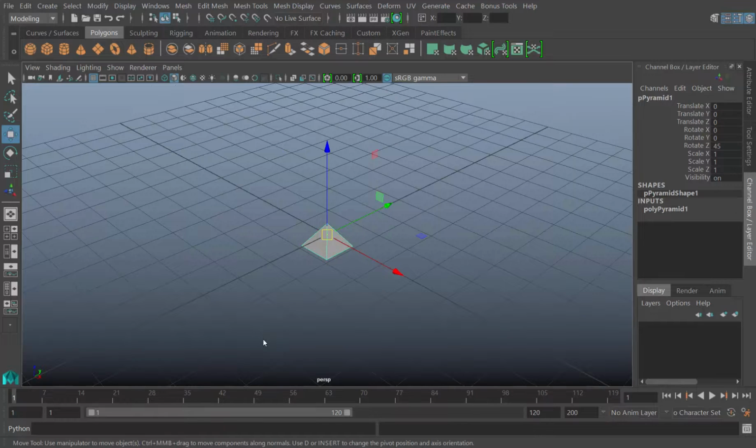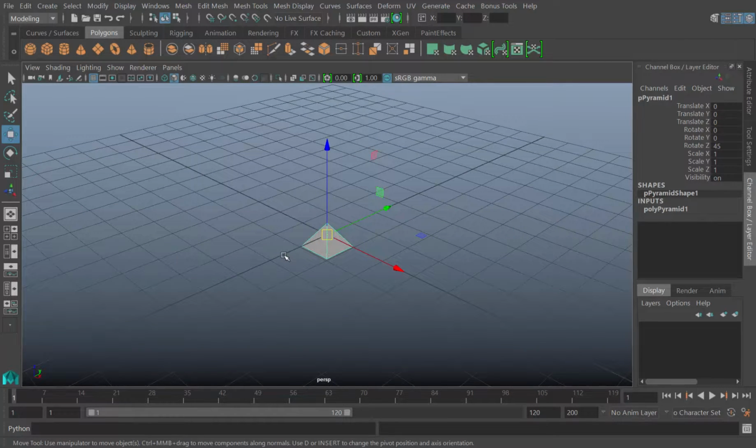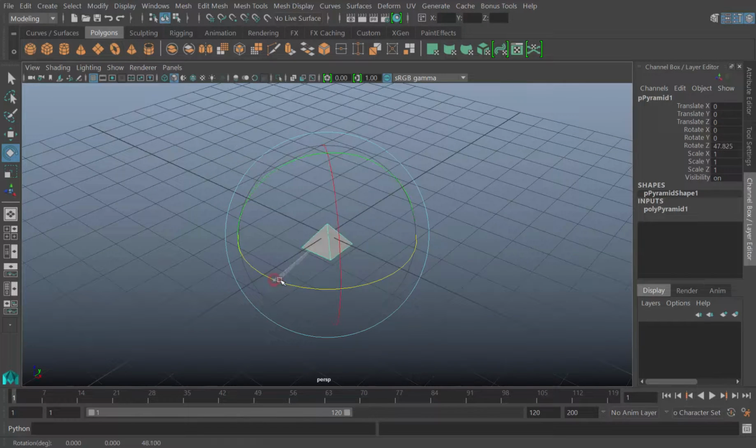Let's quickly talk about pivot points. In Maya, a pivot point is the point that defines the position around which an object is rotated or scaled or moved. By default, an object's pivot point is in its center. So you can see that if I rotate this object, it's rotating it around some sort of invisible center point